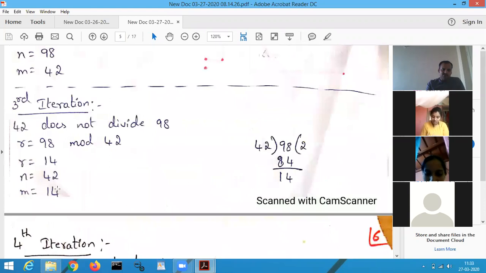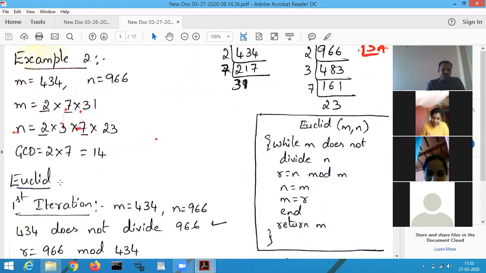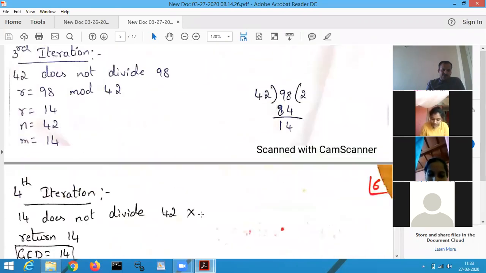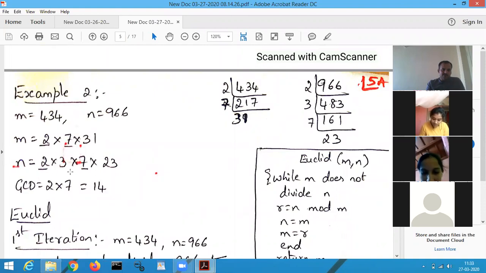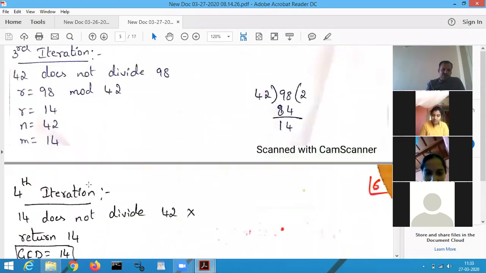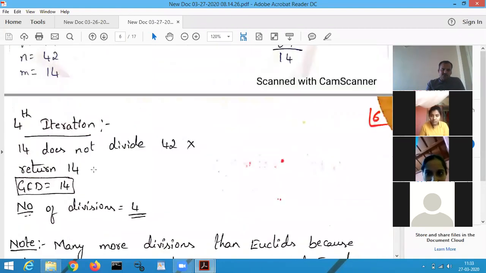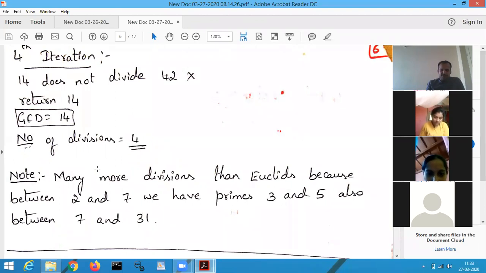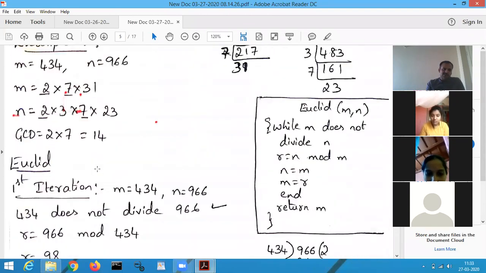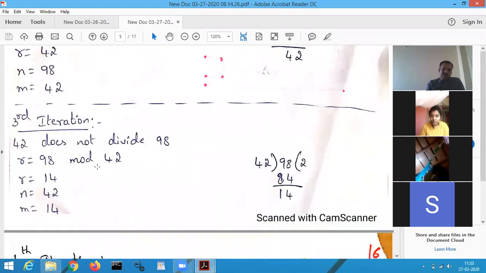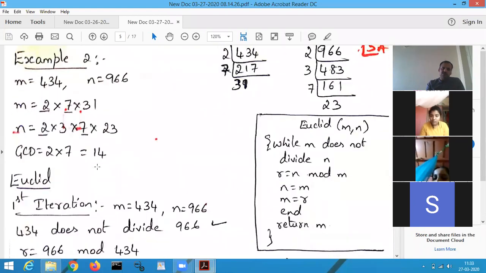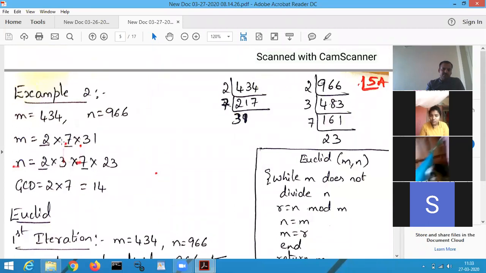The GCD of 434 and 966 is 14. That is same in the school level algorithm as well as in Euclid's algorithm. Both the results are what? Same. But I can say that Euclid's algorithm is better than the school level algorithm, because see, for example,